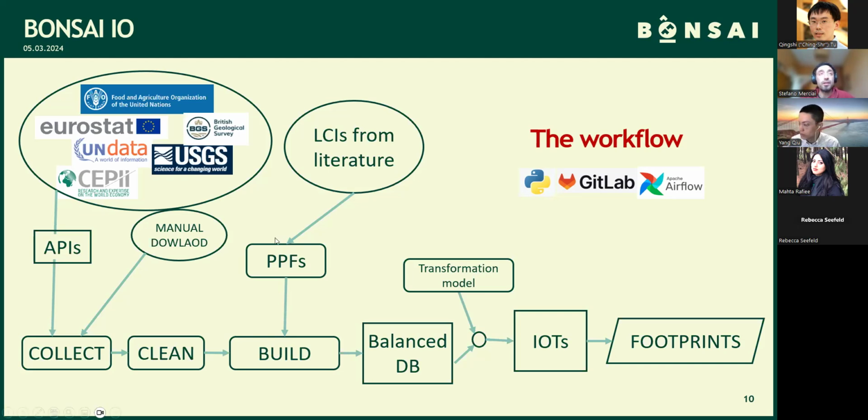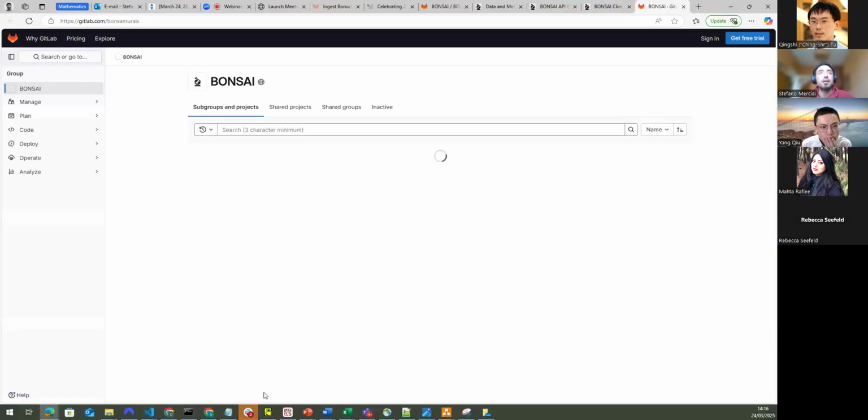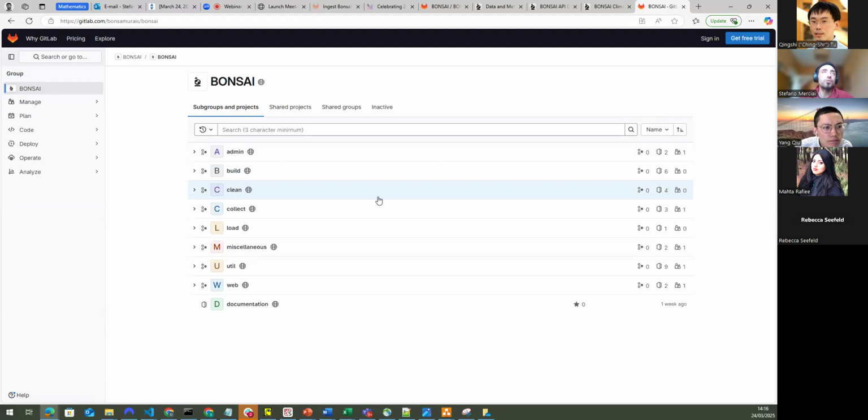This workflow that I have just explained is uploaded on GitLab, so you can access it, and we run it via Airflow. I will show you the repository where we have the code of Bonsai. This is open access, so you can see there are different phases. I try to simplify the workflow, but here are all the steps that are on